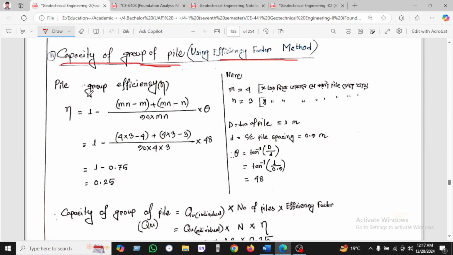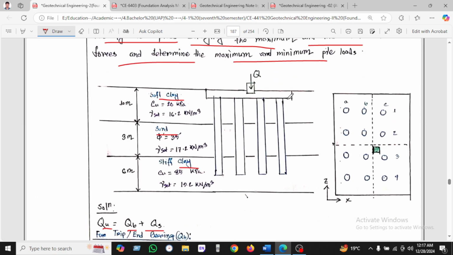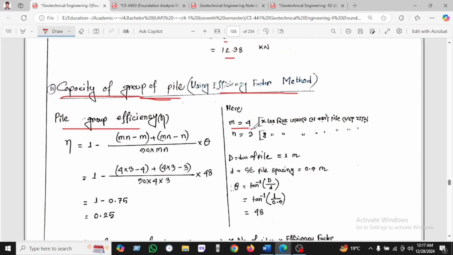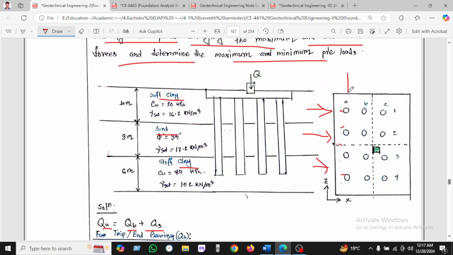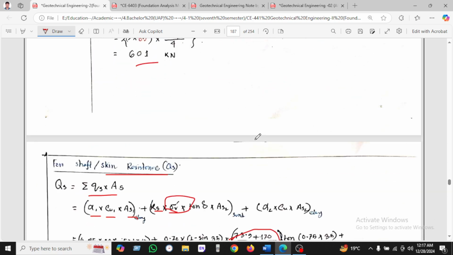We know here the efficiency method: 1 minus (n minus 1)m plus (m minus 1)n over 90 m n, times theta, where m is on the x-axis, which is 4. When we see the x-axis, we are locating this way and counting how many piles we are seeing: 4, 1 2 3 4. So that's why we will use the 4. On the other hand, when we see on the y-axis, or vertically, the piles, we will find 1 2 3. That's why we will use the